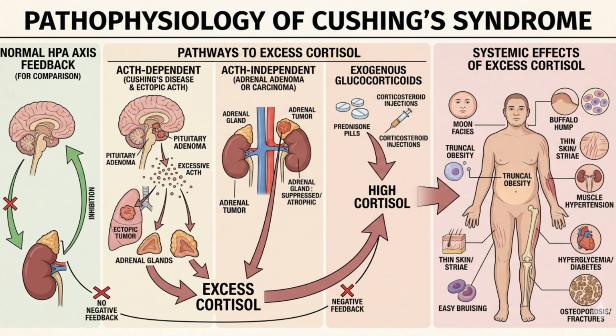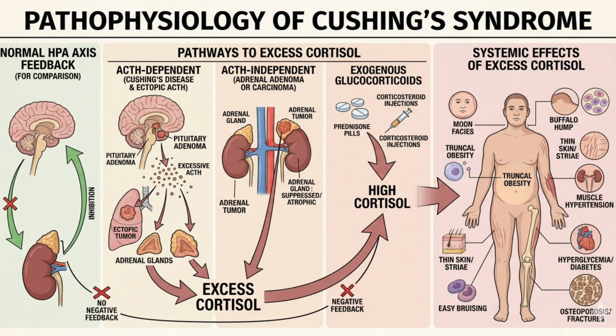This can occur due to pituitary tumors, Cushing's disease. A tumor in the pituitary gland causes excessive secretion of ACTH, which stimulates the adrenal glands to produce more cortisol. This overproduction of ACTH overrides the negative feedback mechanism, resulting in elevated cortisol levels. Or in adrenal tumors. Tumors in the adrenal glands, either benign or malignant, can directly produce excessive cortisol, independent of ACTH regulation. This can also lead to cortisol excess, even if ACTH levels are low.